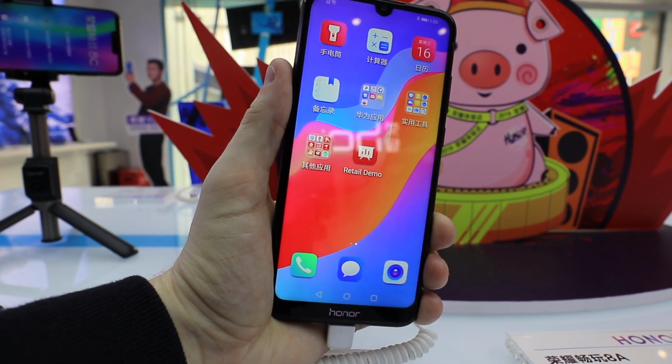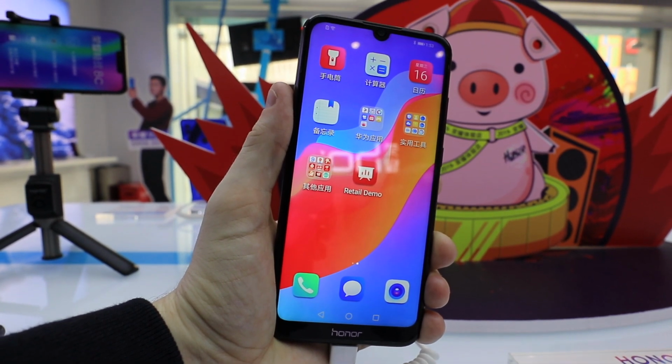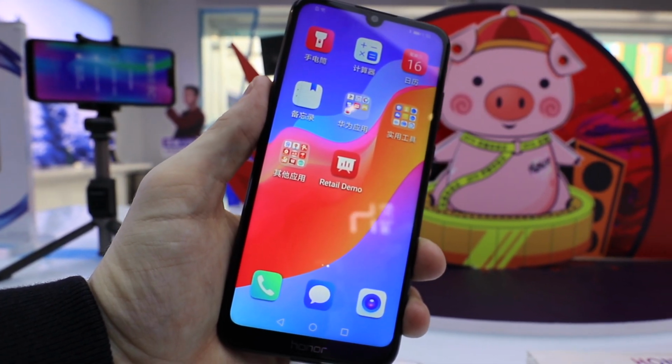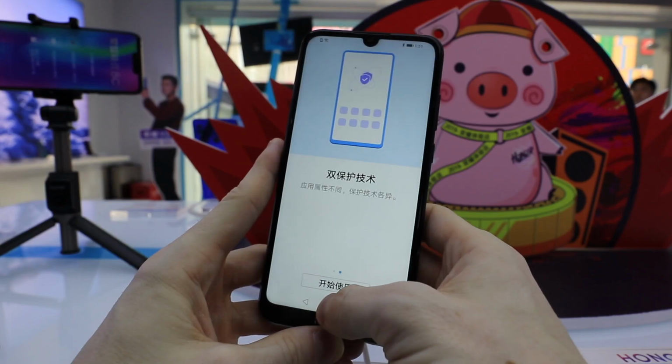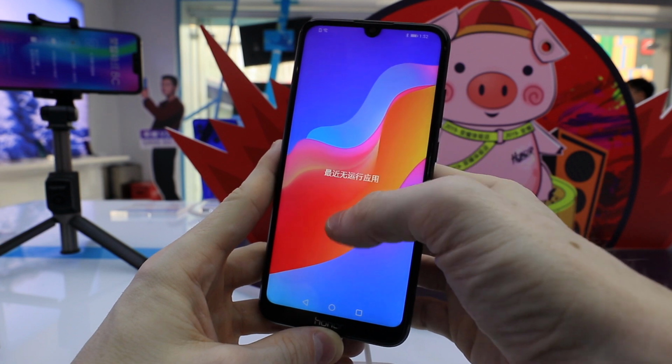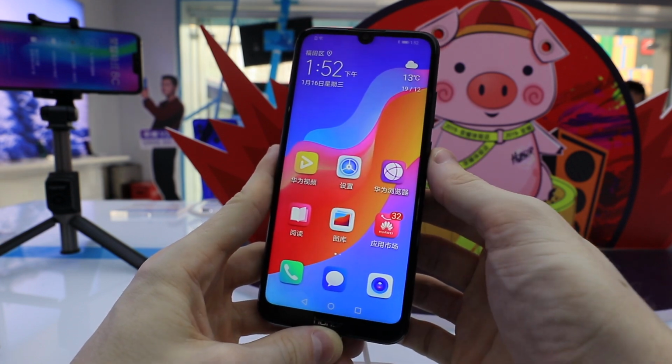How do you unlock this thing? There's no fingerprint sensor on the back. There's no fingerprint sensor on the front or under the screen. So it has their version of Face ID. What do you think about that? Do you really like the fingerprint sensor on the back? A lot of phones still have it and include it on the back. Obviously, a phone this price isn't going to have one under the screen,